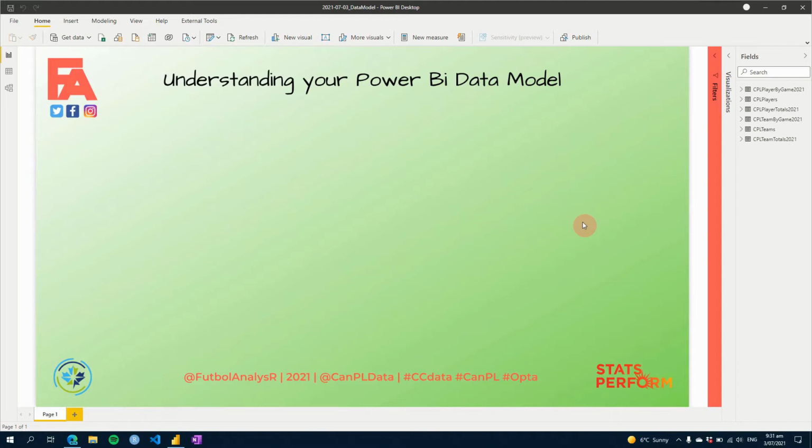So this week we're going to talk through the data model and some key concepts to think about when creating your data model for the first time. We're going to talk through the data structure and how best to structure your data for use, what DIMs and facts are and how they relate to a star schema, which kind of powers the Power BI model completely. So to get started, I have some data here which I have got from the CPL, the Canadian Premier